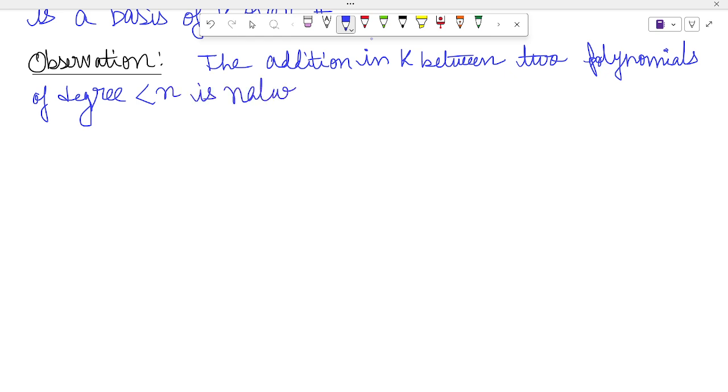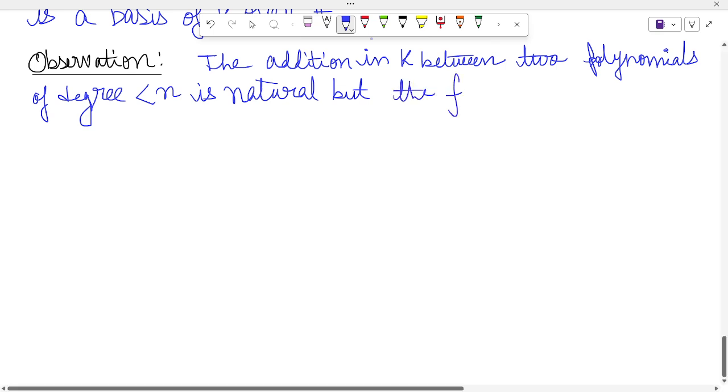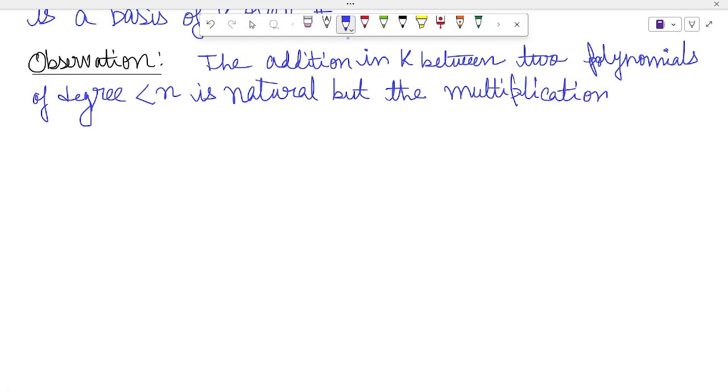I mean, as you add, x plus x square is x cube, both degrees should be less than n. But the multiplication implication follows as